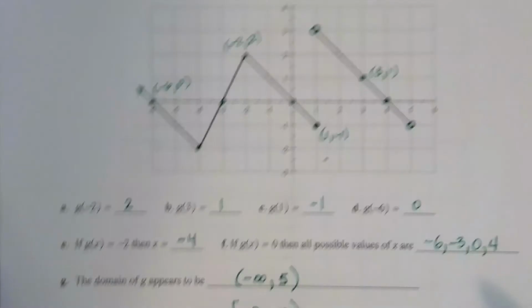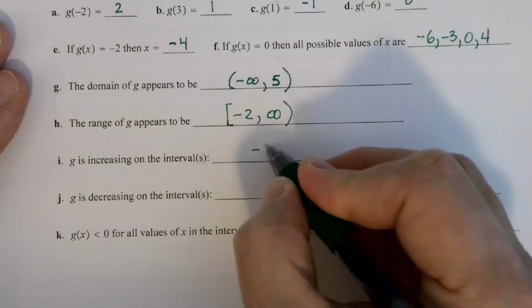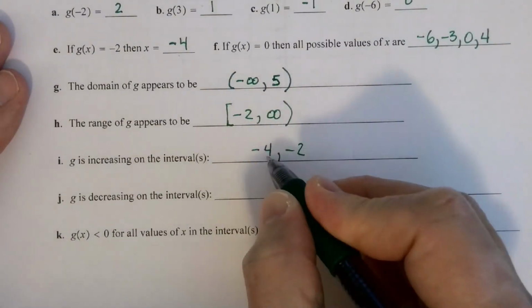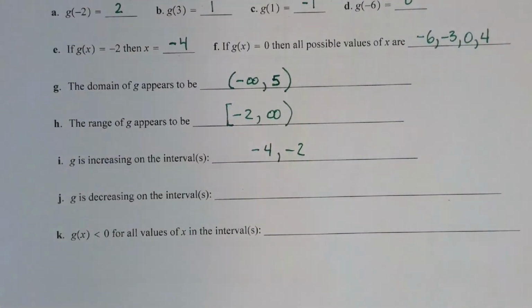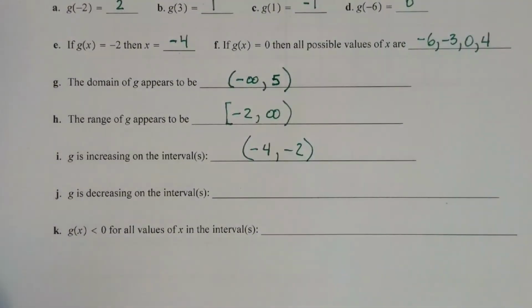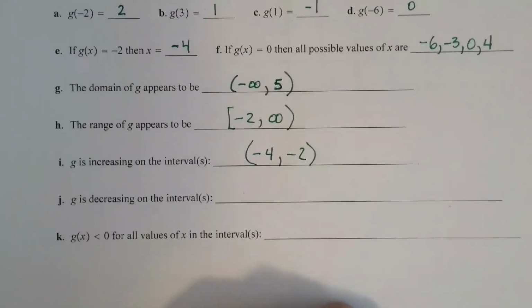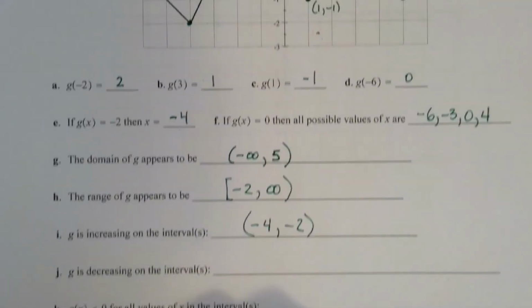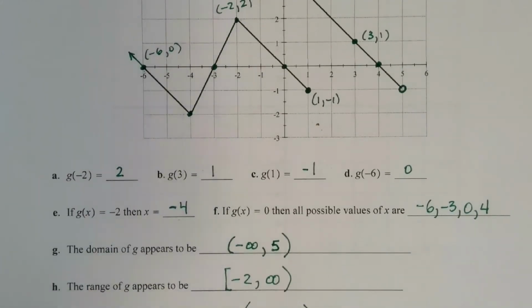Okay? And so when I come down here, where is it increasing? I'm going to go from -4 to -2, from the left endpoint to the right endpoint. Now, when I talk about intervals where we're increasing, I will always use parentheses. Some instructors will use brackets, including the endpoints, and they would be correct in this case, as long as the function exists at -4 and -2, which it does. I use parentheses just because